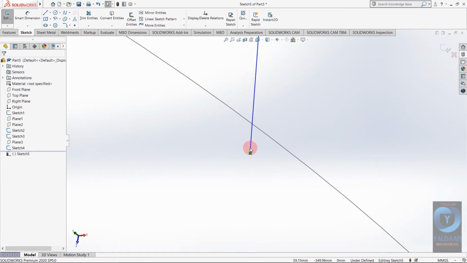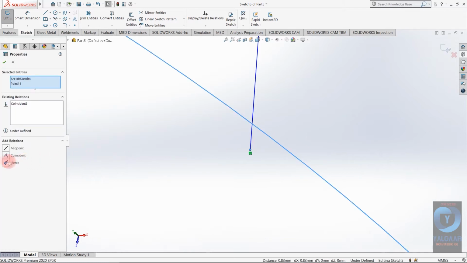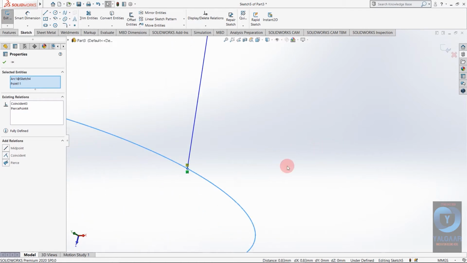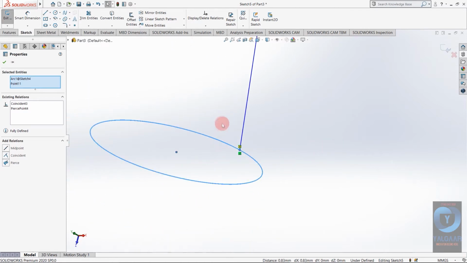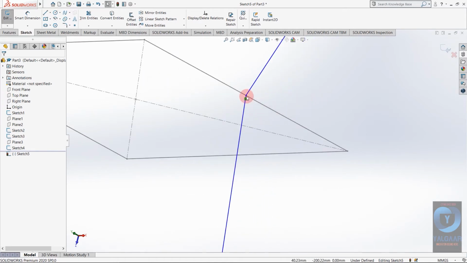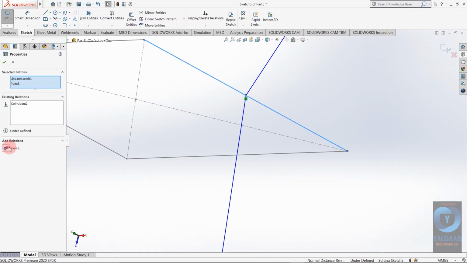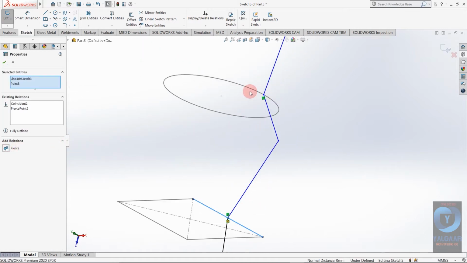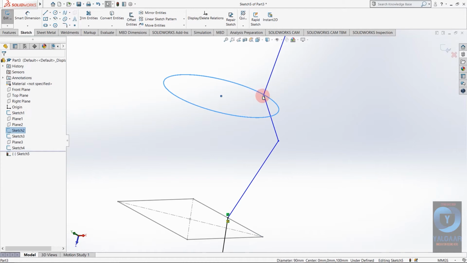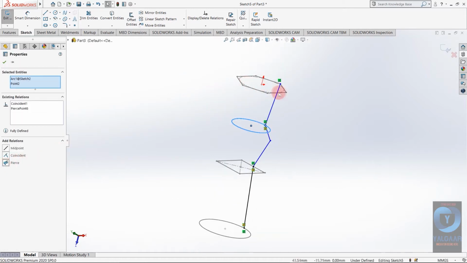So I'm just going to give command pierce. Just hold control and select both the profiles and select pierce. So now as you can see, the point is coincident with the circle. Same with this point and square.